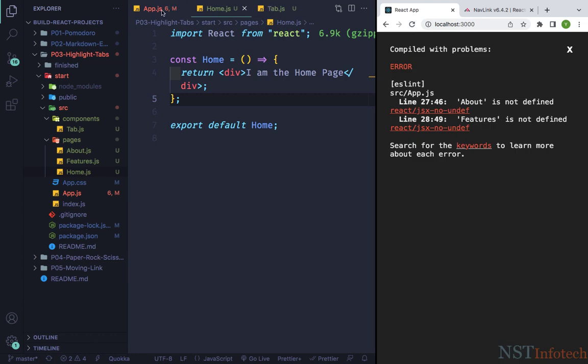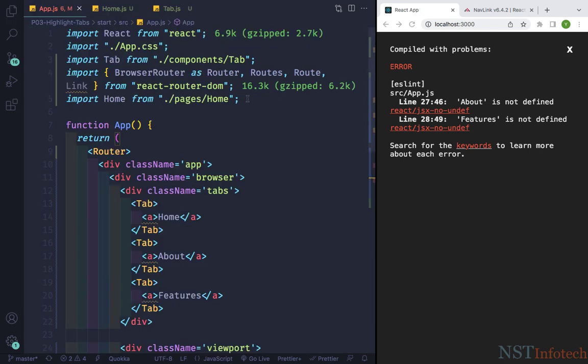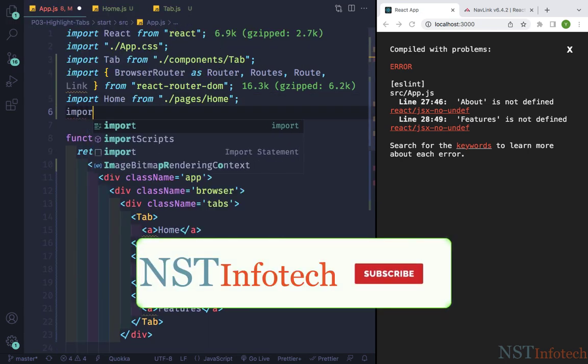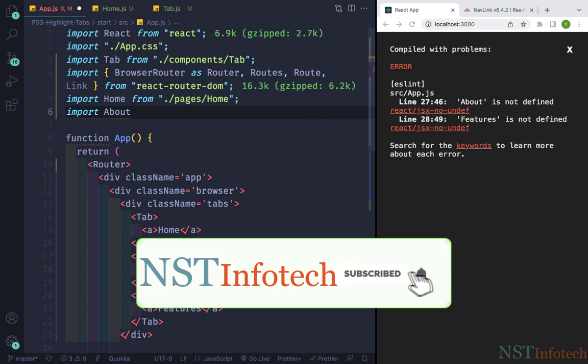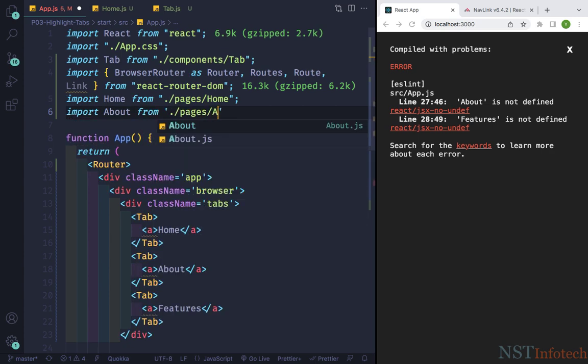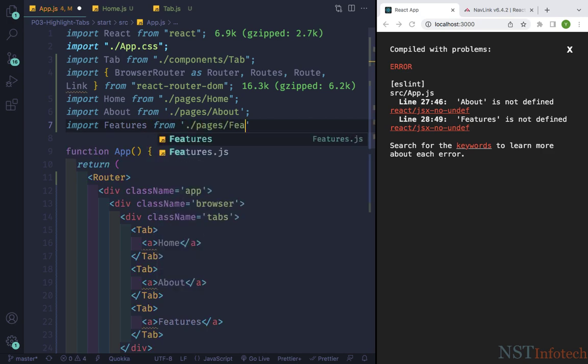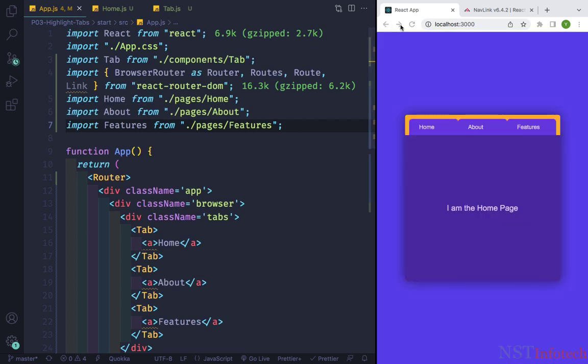Okay, so we need to import these pages as well. So let me close this. Here I'll say import About from ./pages/about. And then import Features from ./pages/features. Let's save this. So now it is working fine. Refresh it. So if I click on about,